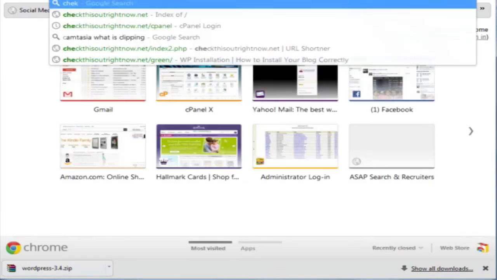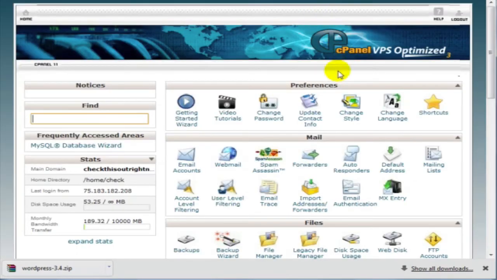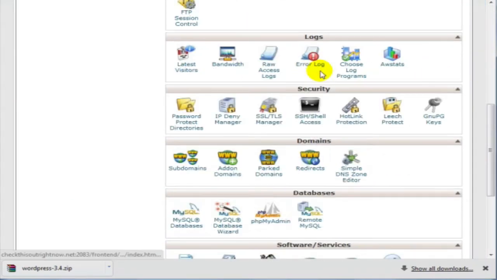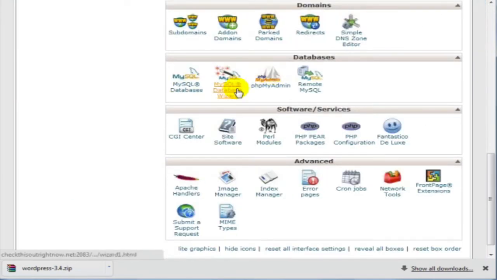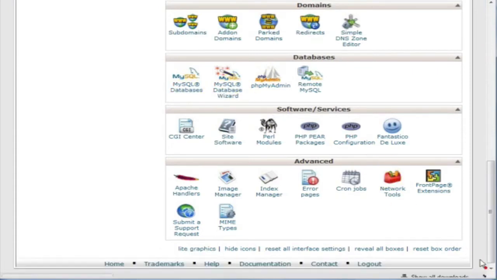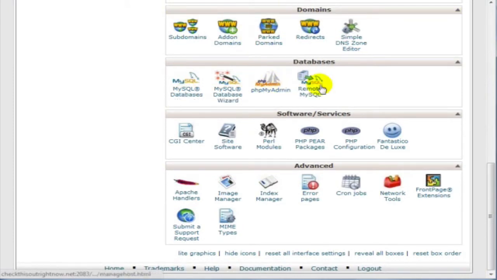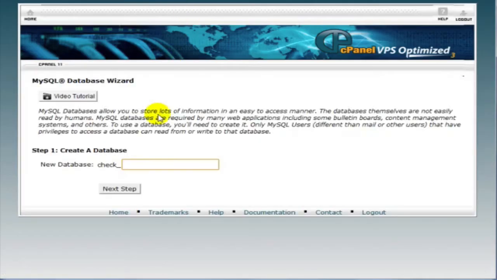In this case, I am using cPanel. So what I need to do with cPanel is to scroll down and find where it says MySQL Database Wizard. Like I said earlier, if you're using Plesk or any other type of web hosting panel, you should see something that says create MySQL databases. And if you don't, you can always contact your web hosting company. If I click on this here and I enter, let's say, funny t-shirts 2, click on next step,